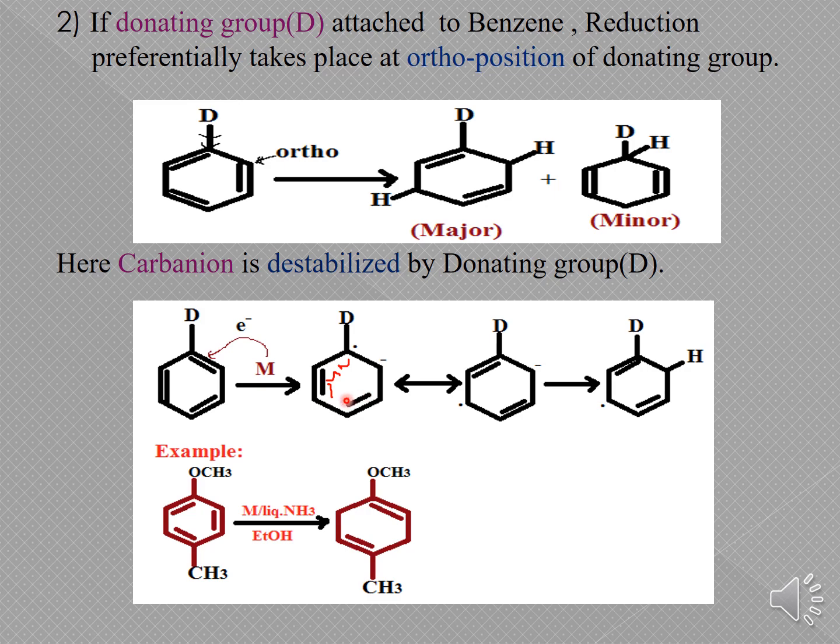Then this radical will combine with this radical, and you will gain the bond over here, and you will gain one radical towards this position. After that the radical will be there itself, and upon protonation the carbanion will abstract the proton. The carbanion will abstract the proton and you will result in this molecule. Same thing repeatedly you have to do. First you attack with the metal and then protonation, you will get back your proton towards this side, resulting in this as your product.